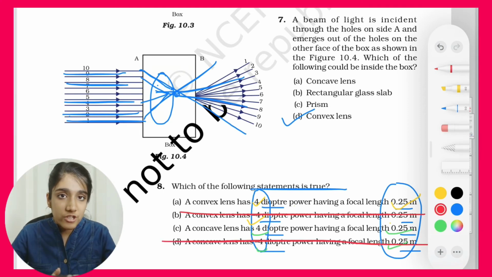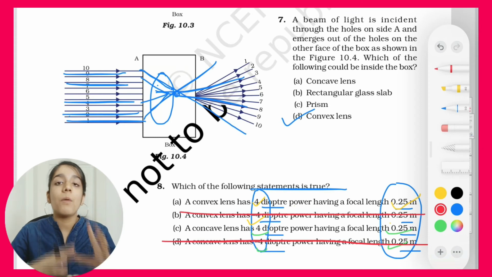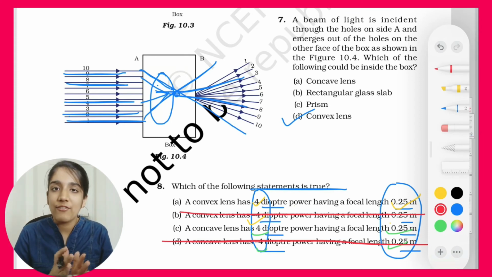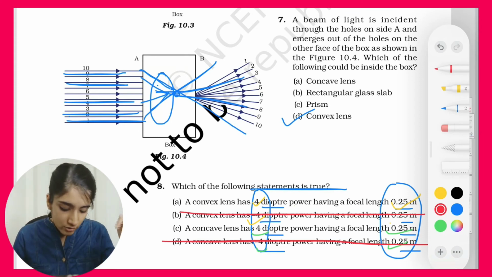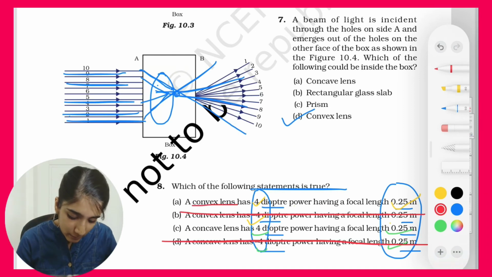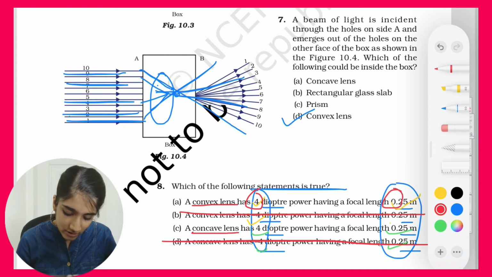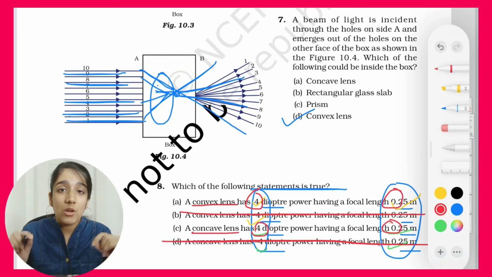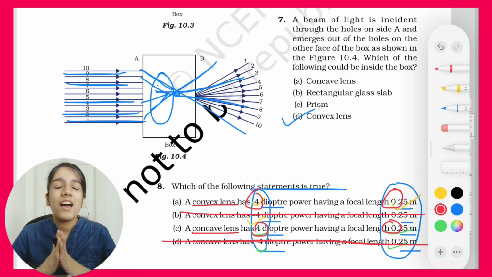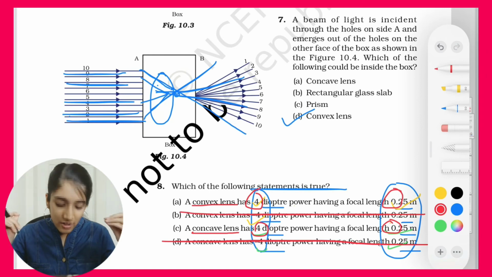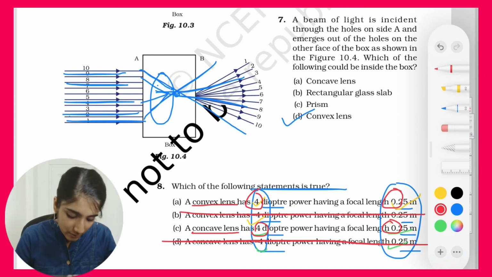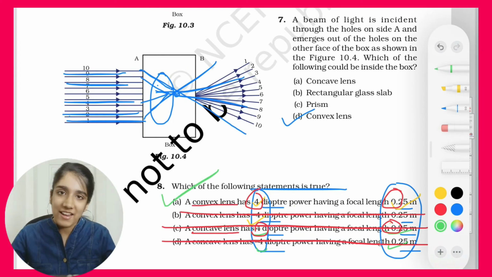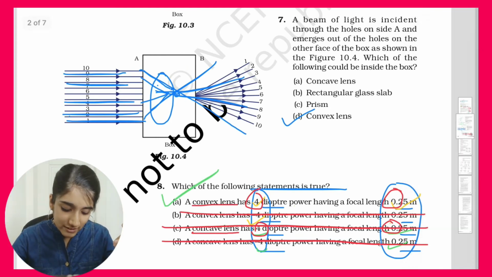Now you have to check whether the convex lens has a positive one and the concave lens has a negative one as per the rules. So here they have used a convex lens and it is positive, and here they have used a concave lens and it is positive. So we can eliminate the option C because a concave lens has a negative focal length. Whether it be a concave mirror or concave lens, they have a negative focal length. So we can directly eliminate this and the correct answer is option A. So you have to go stepwise so that you get the right answer.